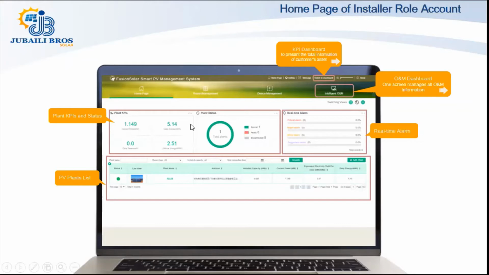Under the home page, you will get this tab, which is the plant KPIs and status. You will get the generation data, how much energy has been generated till that time, how much money you have been saving, and a pie chart that gives you the plant status, how many plants you have, and how many of them have errors. On the right side here is